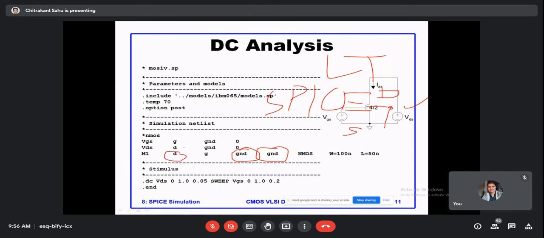और सोर्स जो है ऑलरेडी ग्राउंड से कनेक्टेड है, ये वाला पॉइंट। और ड्रेन जो है वो वीडीएस से कनेक्टेड है। तो ये डी और ये डी, इसका मीनिंग क्या है, दिस इज बोथ आर कॉमन। अगर दो बार आपने डी लिखा है, इसका मतलब डी इज कॉमन टू द नोड, इट इज कॉमन टू द वोल्टेज सोर्स एंड इट इज कॉमन टू द मॉसफेट, क्लियर है। तो नोड हर एक डिफरेंट एलिमेंट में रिपीट हो सकता है, तभी तो कनेक्शन बनेगा। अगर डिफरेंट डिफरेंट नोड्स हर जगह हुए तो कभी सर्किट बनेगा ही नहीं,